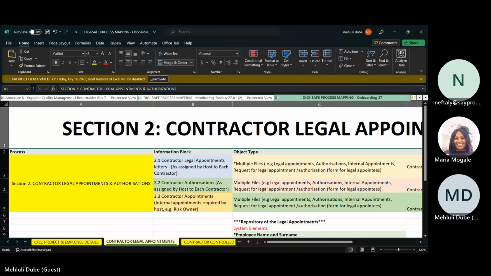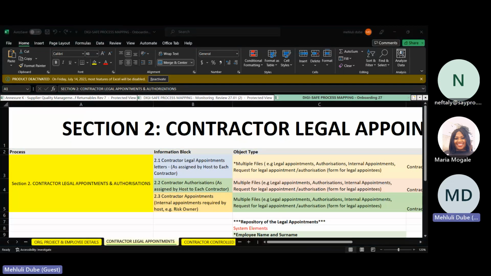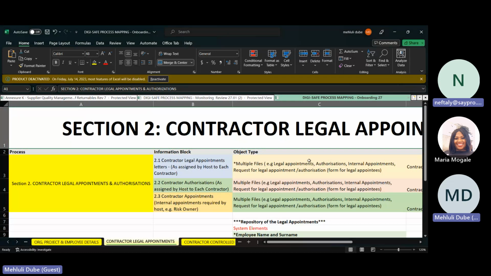Yeah. But if we would just say multiple files, and then they select the plus and are able to upload as they wish, then I'm also happy. But I'm just looking at it from